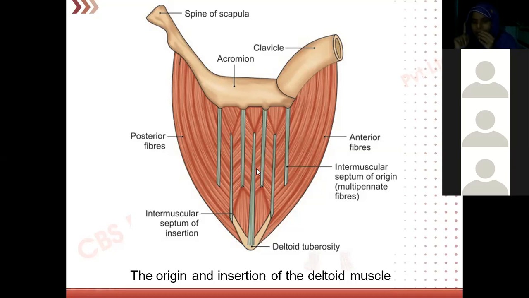Remember, teres minor and deltoid are both supplied by the axillary nerve. I told you, the posterior circumflex humeral artery and axillary nerve are both present at the surgical neck of the humerus. So when a person falls on an outstretched hand, if the surgical neck of the humerus is fractured, deltoid will get paralyzed. So we should know that thoroughly about the deltoid muscle.